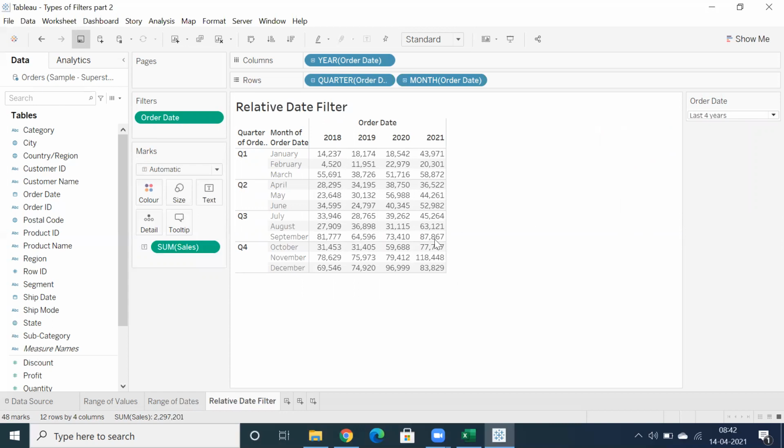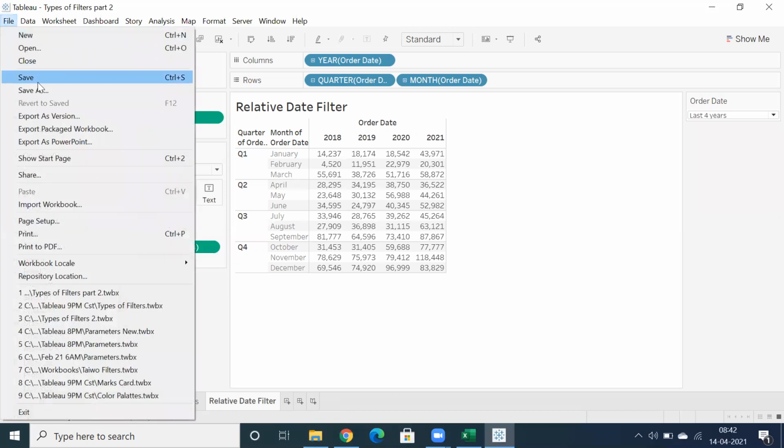One more interesting point is we actually have 2021, right? Because we downloaded the new version, 2021's Tableau. No, I have the 2020 version. Let me save. Can I update it? Yeah, you can update. You can download the latest and install it.